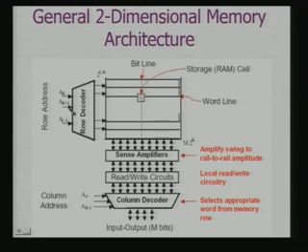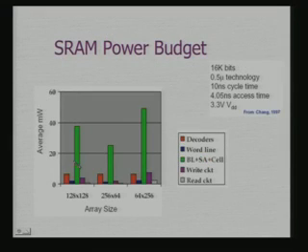If you look into this, it is a general two-dimensional memory architecture. You have the bit line, and this is a storage RAM cell. You have a row decoder, you decode the row, you sense, then you have the read-write circuits, then you have a column address, and then you get input output that selects the appropriate word from the memory row. This is the basic architecture. Why I am showing this basic architecture is that, in relation to it, you will find how the power consumption is done. This is called SRAM, and this is how the power is used.